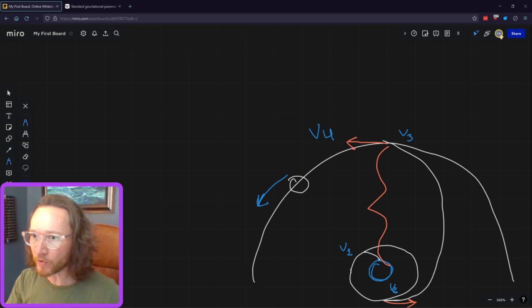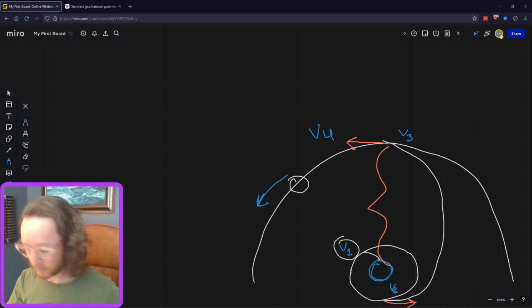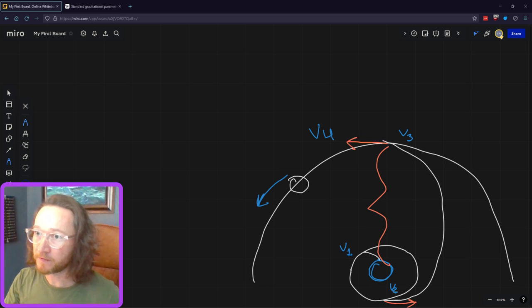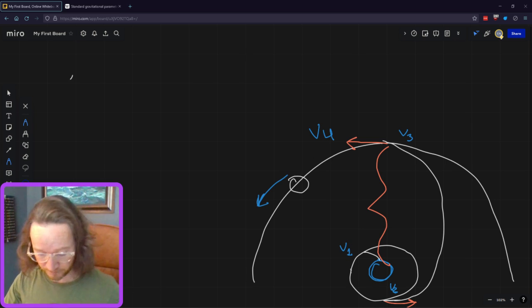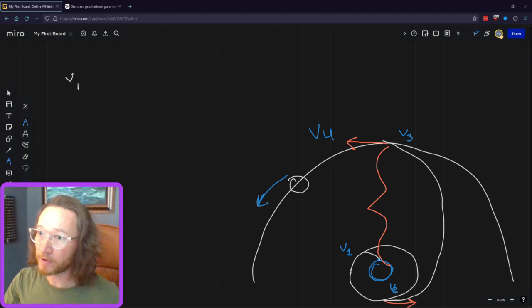So, not deriving anything, our V1 is defined as